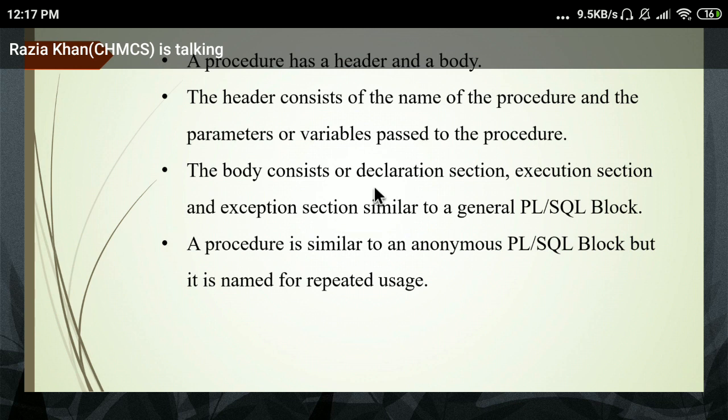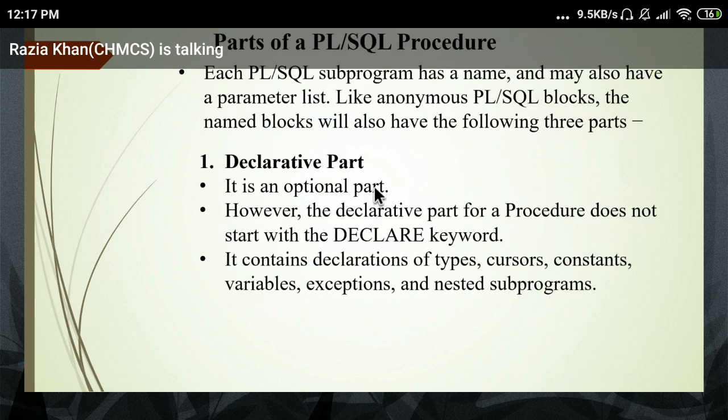Okay, just check the PLSQL procedure. The concept is the same. The syntax is different. Only one thing is different. When you create the procedure, you execute it using its name, and it contains multiple PLSQL statements. Everyone just check the declare part. It is also optional in a PLSQL block.